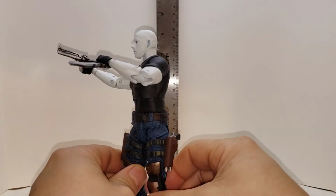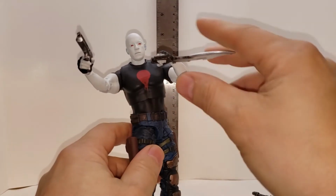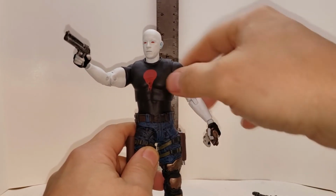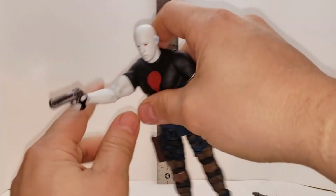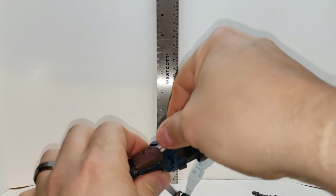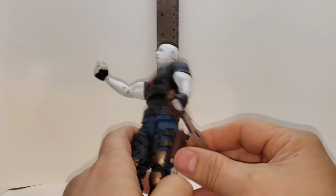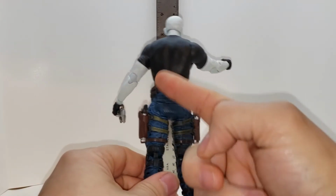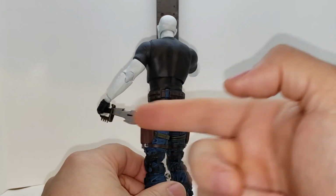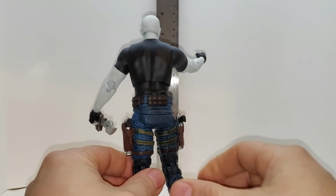And he gets some great... As you can see, he's just swashbuckling. But he gets some great poses. And that's one thing that I think McFarlane is working towards, is being able to get great poses, but also trying to keep the sculpt from looking horrible. And I think I was talking here about how he needed a sheath for his knife, but as